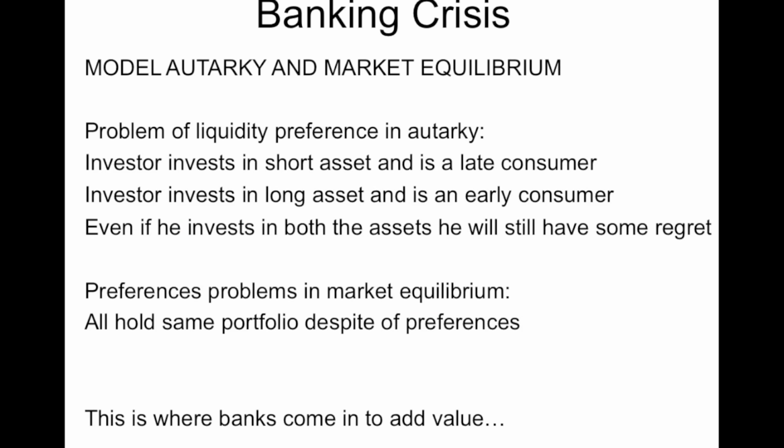Okay, so we have seen two models: autarky and market equilibrium. In one you cannot trade, in the other you could. What we see is there's a problem of liquidity preference in autarky. If the investor invests in the short asset, he is a late consumer. If the investor invests in the long asset, he is an early consumer. So in both cases, there's a problem. Even if he invests in both assets, he will still have some regret, because at some point he's going to realize